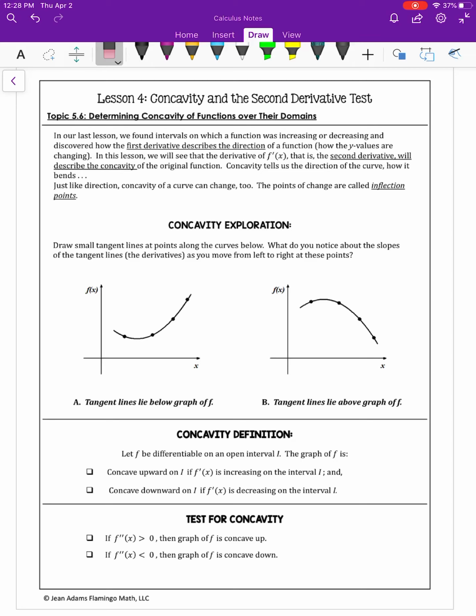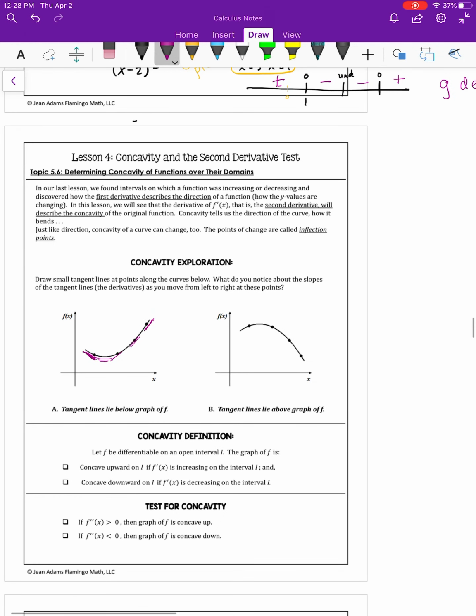Draw small tangent lines at points along the curve below. What do you notice about the slopes of the tangent lines, which are the derivatives, as you move from left to right at these points? So if I was imagining the slope of my tangent line at each point, I could see that they're negative, 0, and then positive, positive, positive, and they start getting higher,